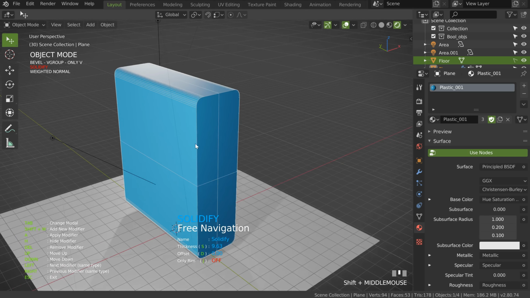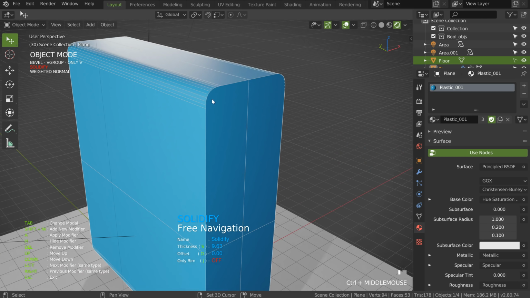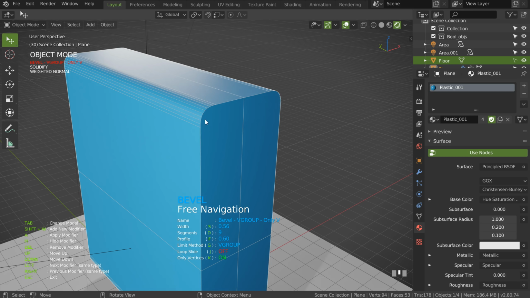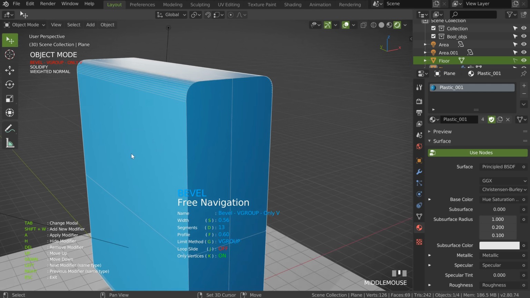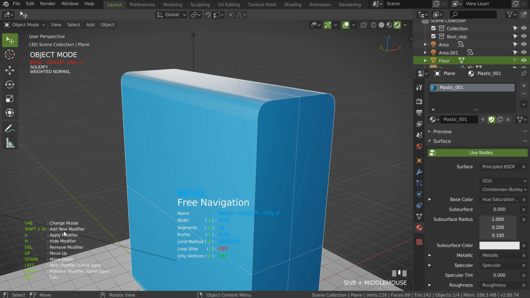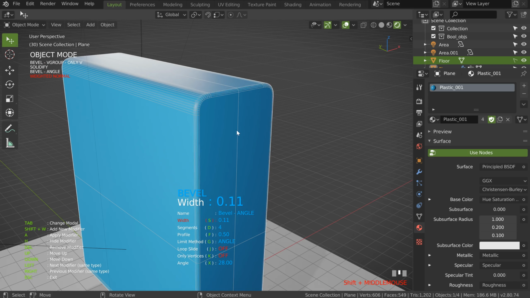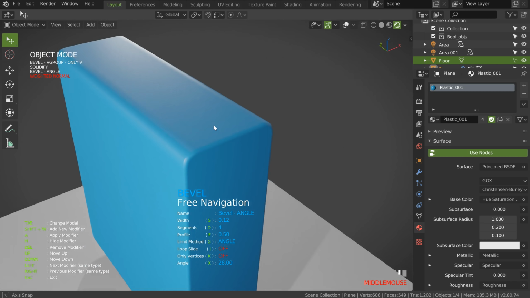So, I will now come back and add another bevel, so I will press Tab, I will come on the bevel, I will be able to edit this one if I want, and this time I will press Shift W. As you can see, Shift W adds a new modifier. So, if you want, you can keep it like that, you can press 6 to see the result.